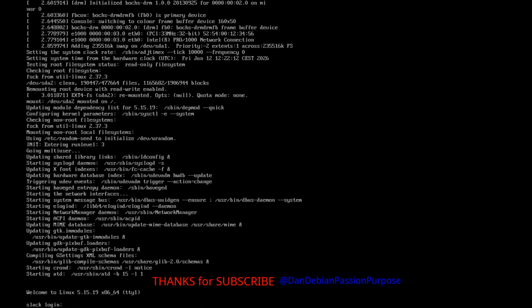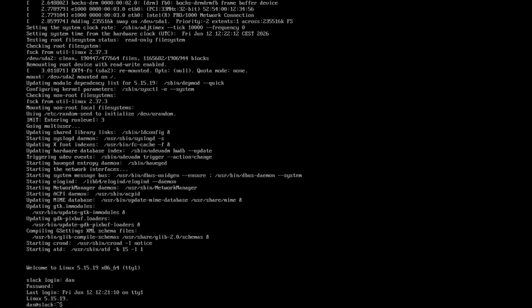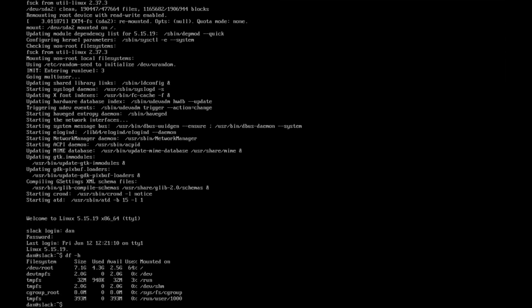Now you see we have no login manager. We are on a TTY. So let's log in as a user. And now you see we are here and have just a TTY. df -h. And now this is the installed slackware. In the future, I will show installation of slackware, but now I want just to show you